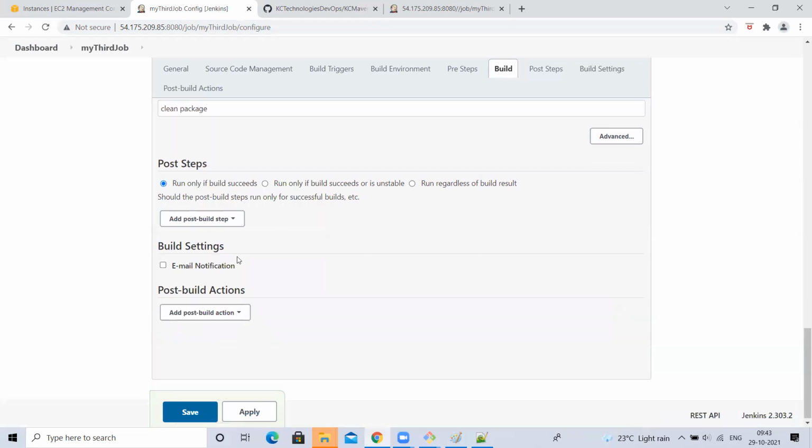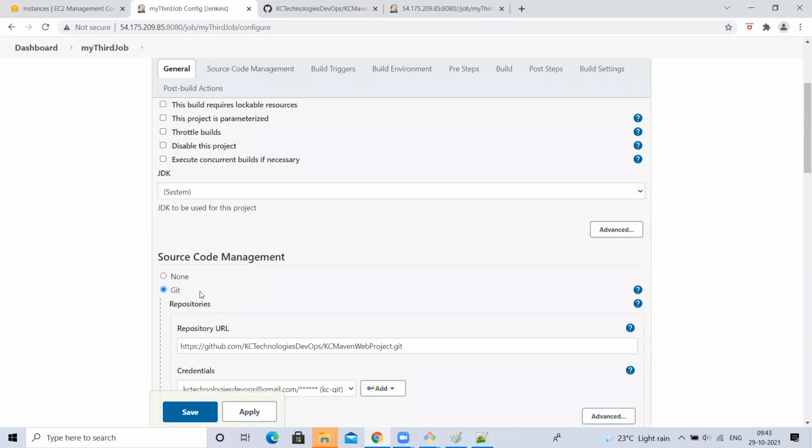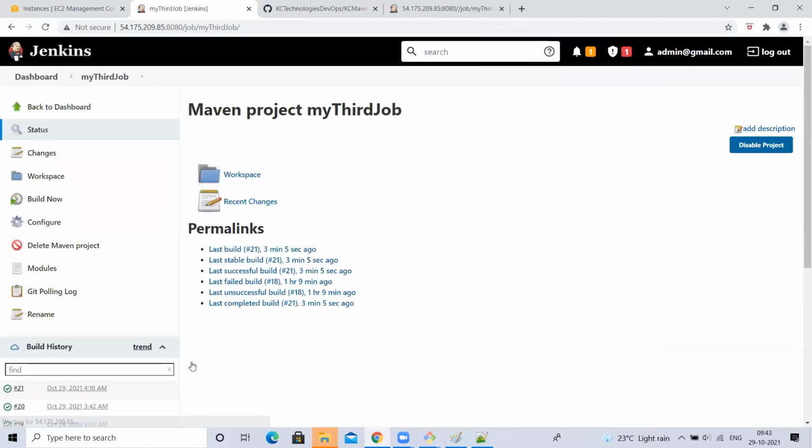That email notification part I'll explain. But other than that, you all got some idea about those options, right? How to use what option and all. Guys, in the job, what are the different options present? What can we use in what scenario? You all understood, right?